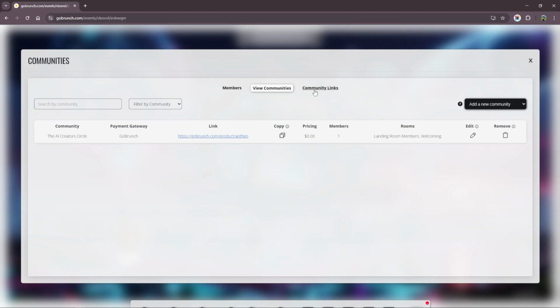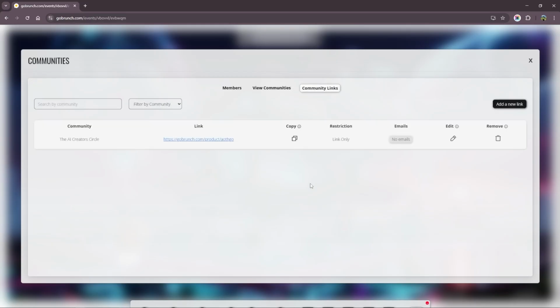Now we're going to go to the community links. Here I want to show you something really important. Inside your community, you can have different links with different use cases. Like you see, we have one link that has one restriction that is link only. When you create a community with Coverage, automatically you will have a restriction like this. That means that any members that you share this link with, they can join your community with no restrictions. I recommend using this link if maybe you have a free trial or you are in a rush to send the link to someone. You can do it like this.